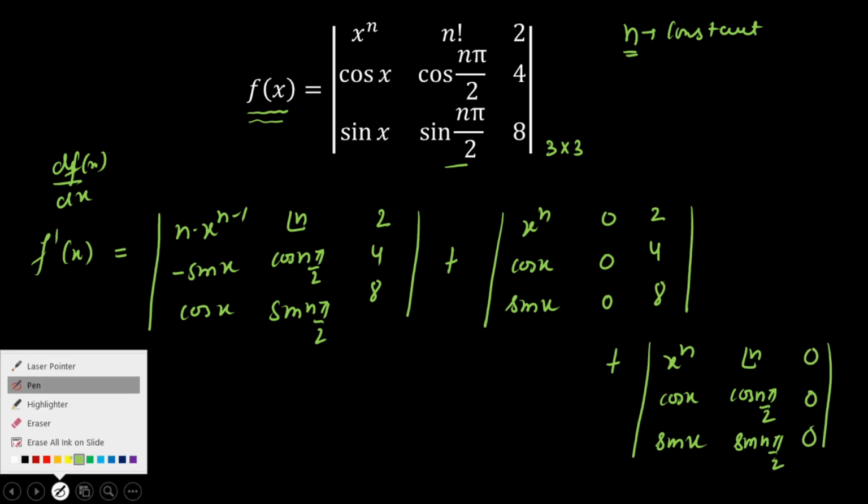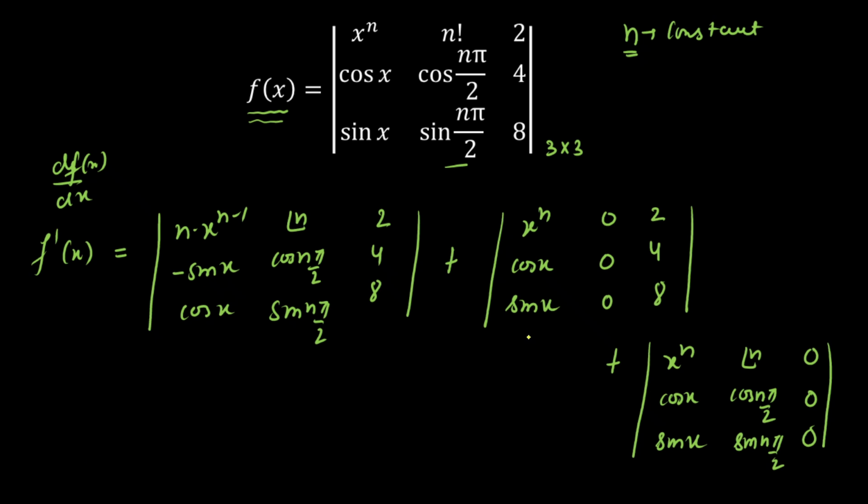Now one thing I have observed here is, see determinant 2. In determinant 2, column 2 is 0, 0, 0. If all the entries are 0, that means the determinant value will be equal to 0. Similarly, in determinant 3, the column 3 is exactly 0, 0, 0. So the value of determinant 3 will be 0. That means by differentiating f of x, I got only one determinant rather than 3 determinants, because the value of the second determinant and third determinant will be 0.